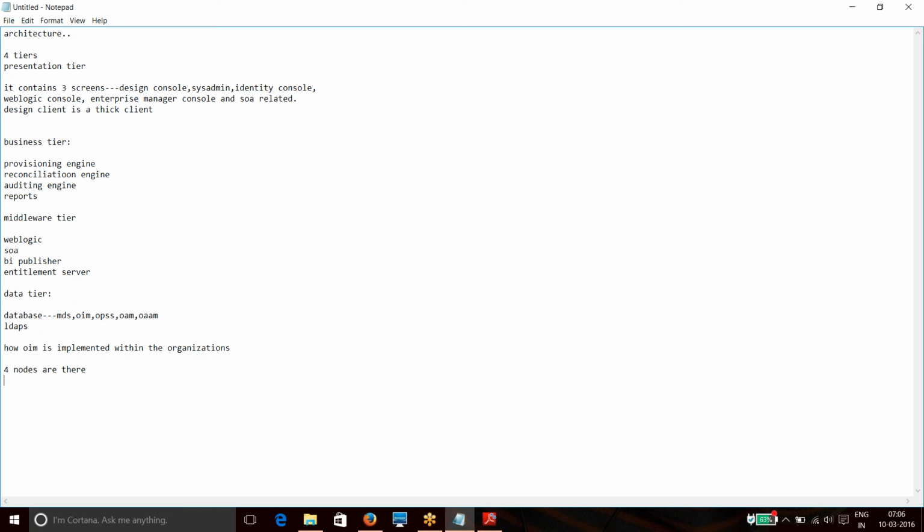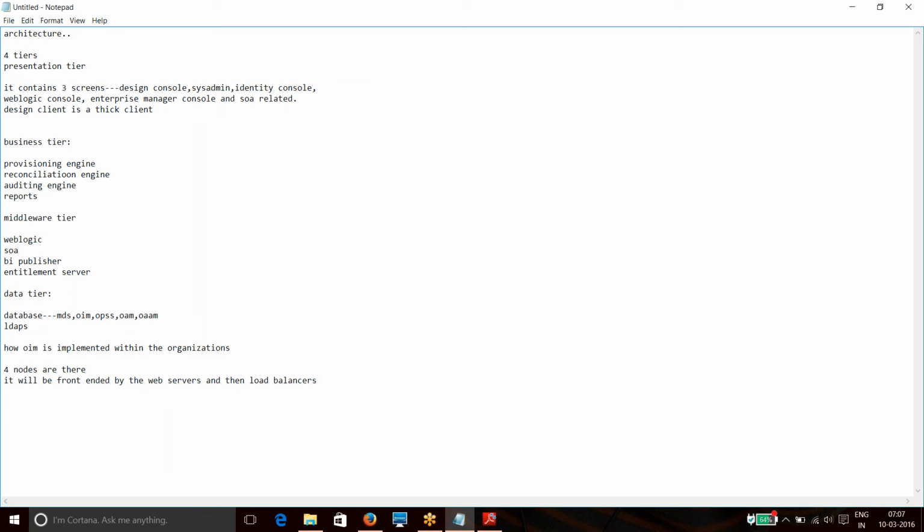Before these four nodes, it will be front-ended by the web servers, and then the load balancers.